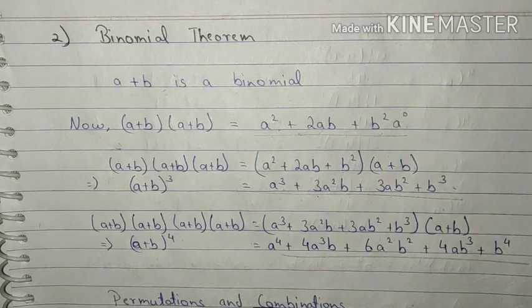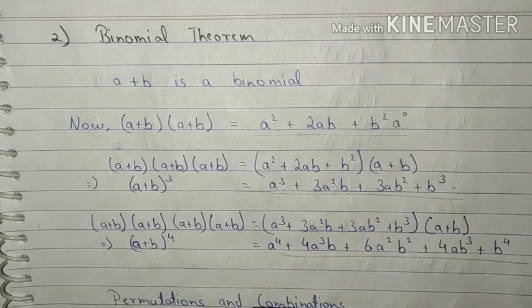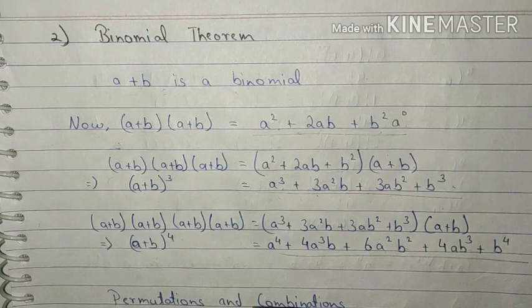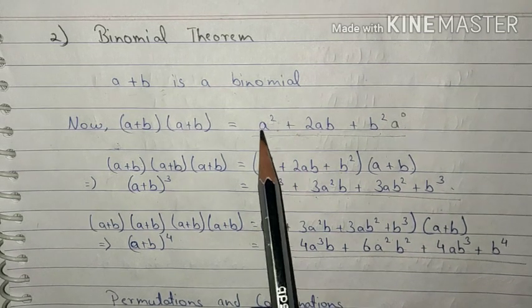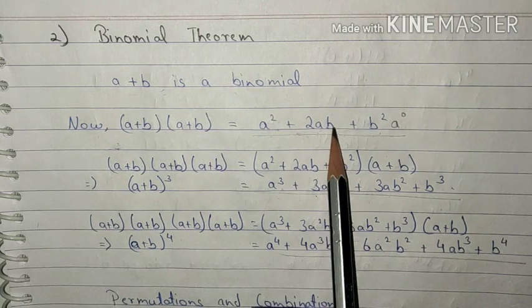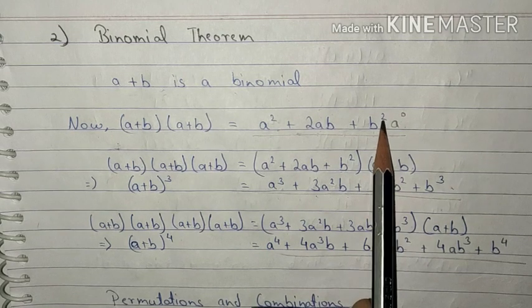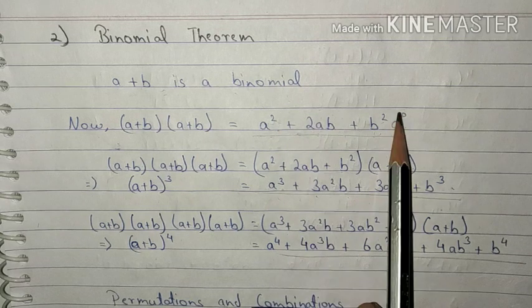Please note one thing, that in all these equations and in every step, the sum of the powers of any term is equal. That is, as you can observe over here, power of A is 1, power of B is 1, so 1 plus 1 is 2. Again here power of B is 2, so the sum is 2. That is, we are getting the powers of each term equal.